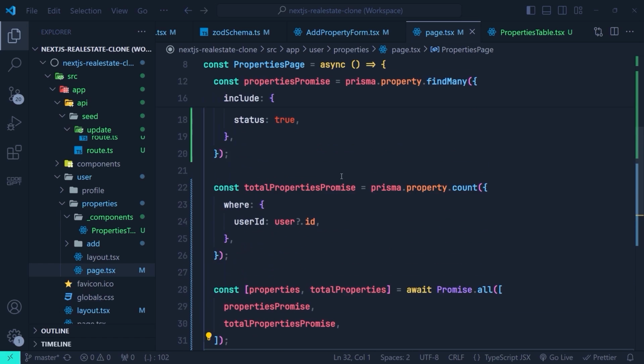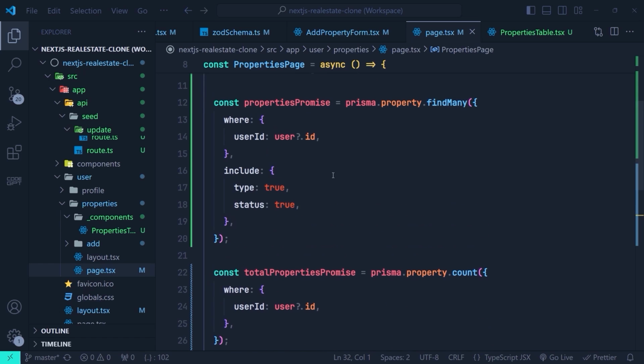And now here, when we are actually retrieving the user properties, we don't want to retrieve all the properties in just one query. We are going to define actually a state here, pageNum, and based on the pageNum, we are going to retrieve only the properties that are in the pageNum branch. For example, if the pageNum is 1, we just retrieve the first 12 properties since we have set the page size to 12. And if the pageNum is 2, we are going to retrieve the second 12 properties